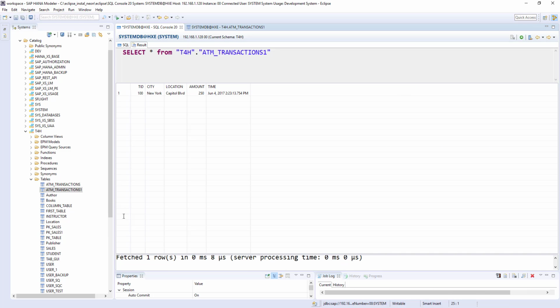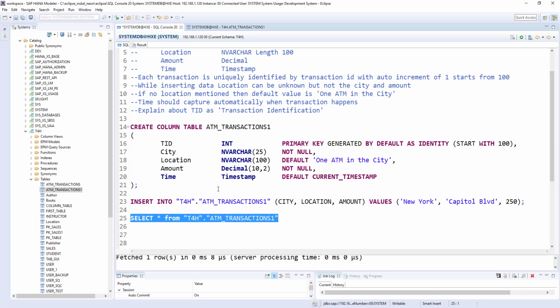Okay, so we got the transaction ID 100 automatically created and timestamp inserted, the time right now. So this is CST time. I think, sorry, it's a UTC time. Okay, New York, Capitol Boulevard, amount 250. So this is perfect. So the next record is going to be